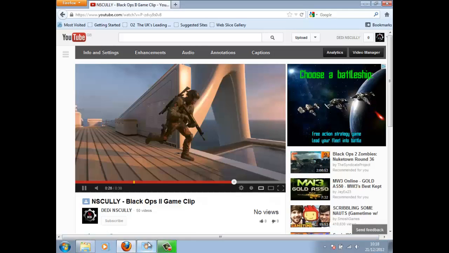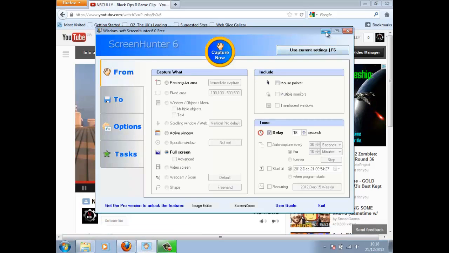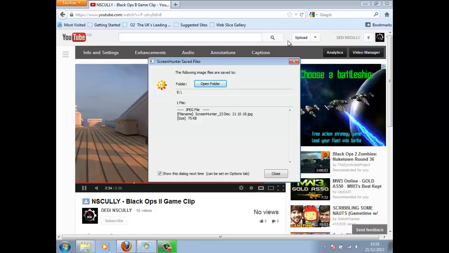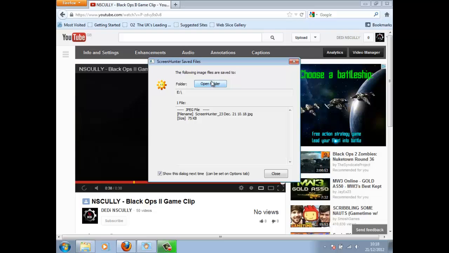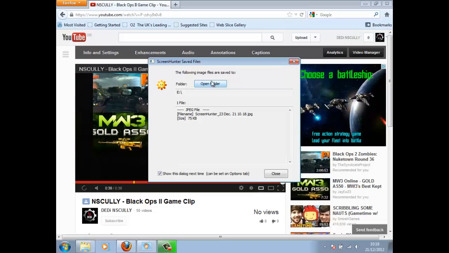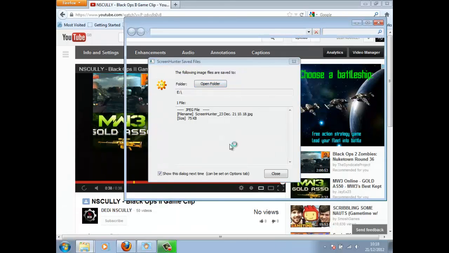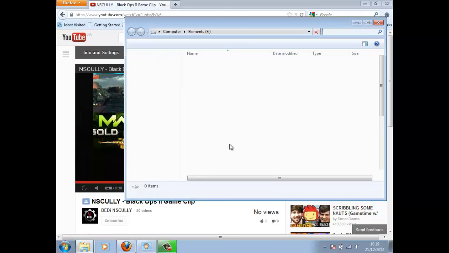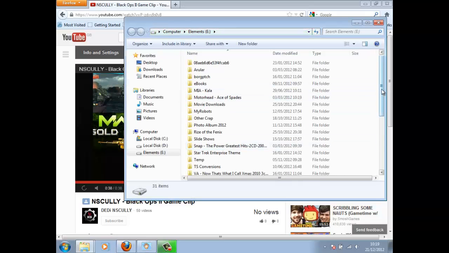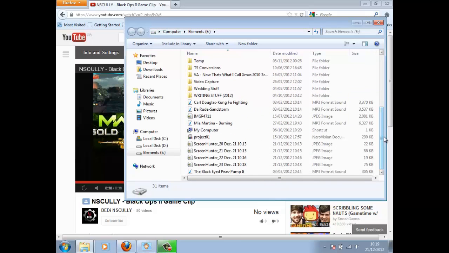If you bring up Screen Hunter, a bit of a strange way of doing it, bring it up and then minimise it again, you'll get this box appear. And then you just go to Open Folder. Right, okay, on my one, go all the way down to the bottom, and you find the one that says Screen Hunter. It's going to be the last one you did. As you can see, I've done a few attempts to get this right, and it's not worked every time. So if you open up the picture,